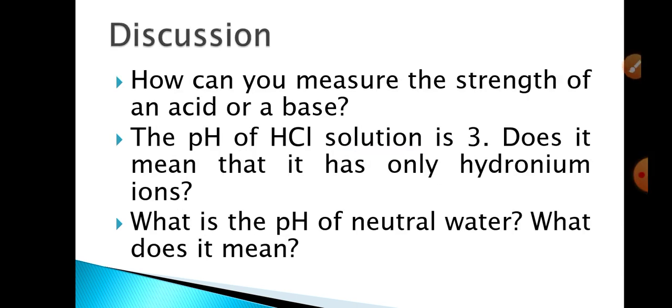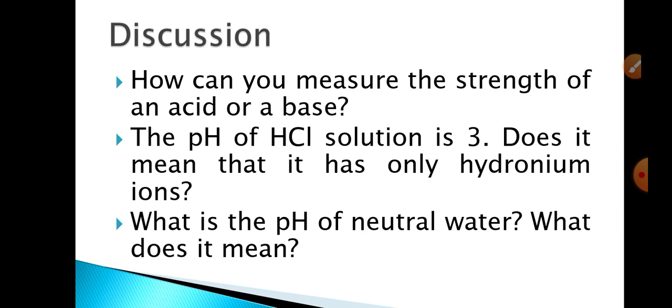Now, what role does pH play in our day-to-day life? Let us see more about it. How can you measure the strength of an acid or a base? We can easily measure the strength of an acid or a base by checking the amount of hydrogen ion or hydroxyl ion produced respectively. If we take 1 molar concentration of hydrochloric acid and acetic acid, then the acid which gives rise to more hydrogen ions is a stronger acid than the one that gives fewer hydrogen ions. In this case, it is found that hydrochloric acid is a stronger acid.